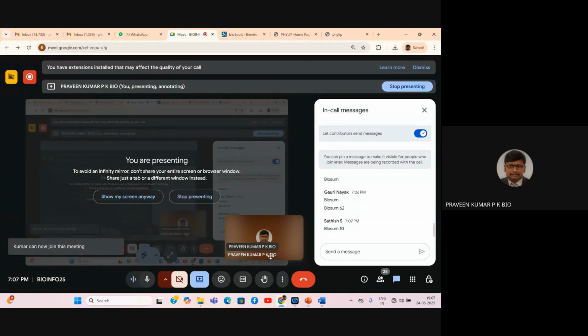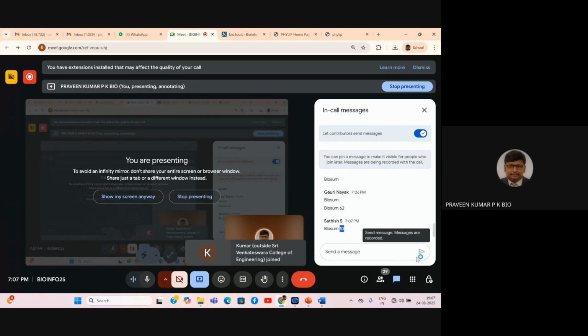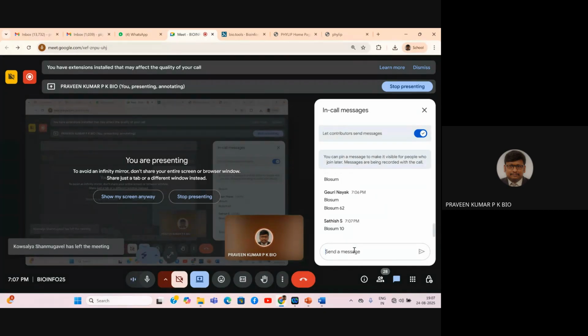Blosum 10 is perfect. So we compare 10% similarity and more than 10% similarity. This is the lowest similarity. Okay, Blosum 10. Whatever we consider the PAM 250, the PAM is quite opposite to the